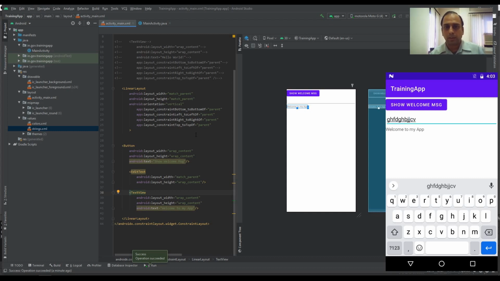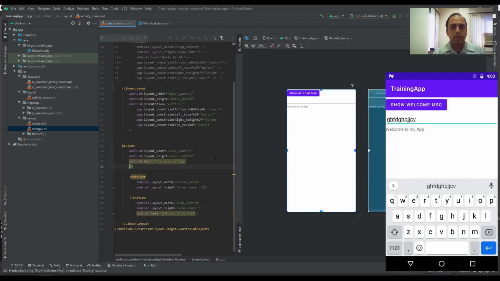So now let us code something. Till now we were seeing only how to create the layout. Now let us go to the Java file and let us create a small message which is displayed to the user when the user clicks on that particular button. So here we have a button, and in this button there is nothing happening. When I click on this button, nothing happens because I have not coded anything. Okay, I have not told the Android Studio what to do when I click on this button, so that is why it is not doing anything.